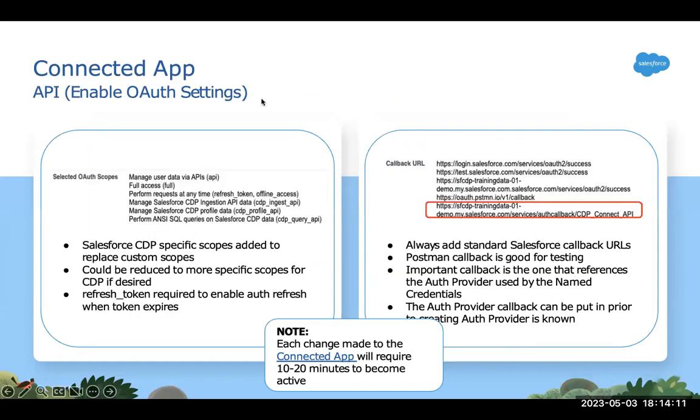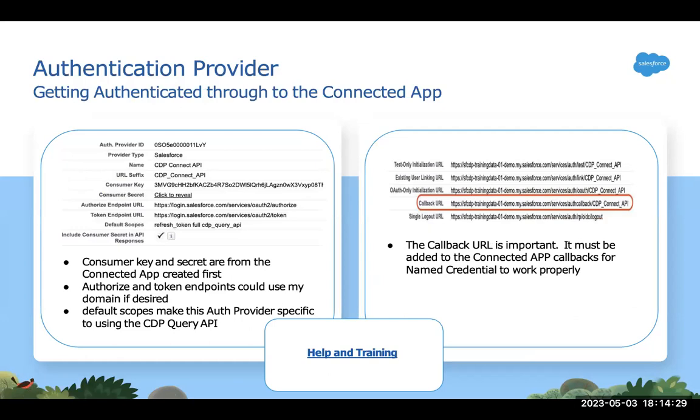So if you look at Connect API and the connected app, what you have to do is look at the callback URL that we're designing for the CDP. This is the callback URL you have to use when you're trying to use a connected app. So when it comes to your authentication provider, the callback URL should always have the CDP Connect API, because the callback URL is so important. It must be added to your connected app